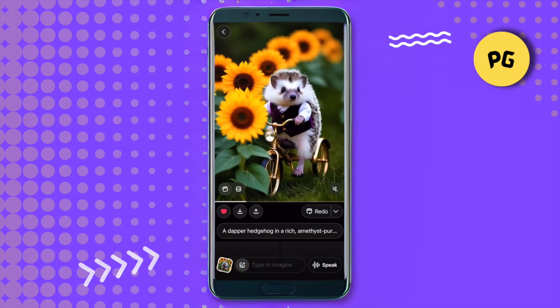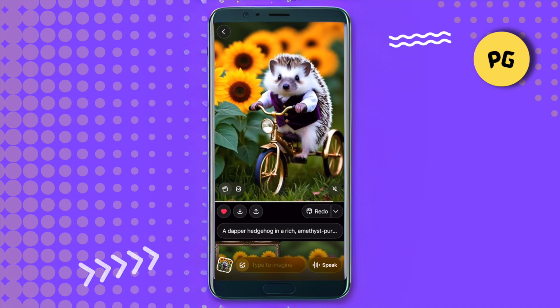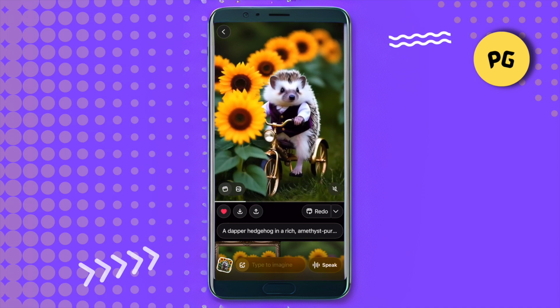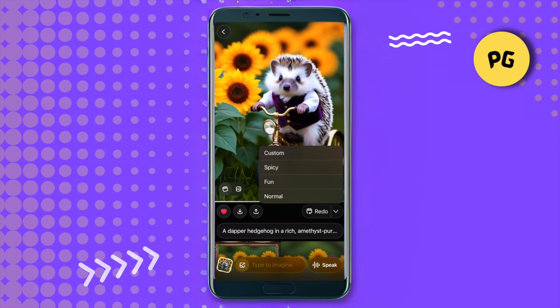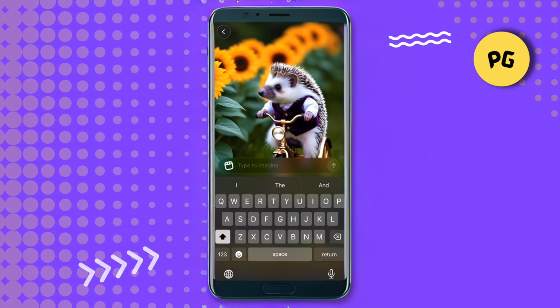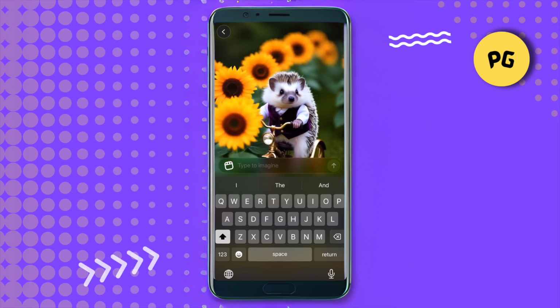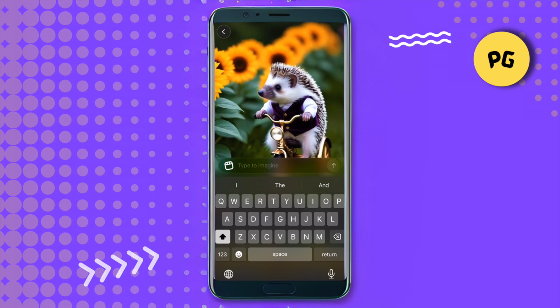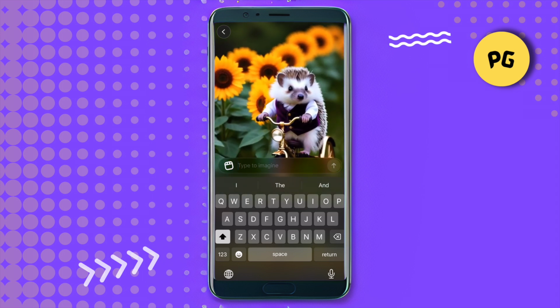Also, if you don't like the video which was automatically generated by the Grok AI, you can also customize your video by clicking on this option and then clicking on this option of custom. Here you get the option to provide a prompt or your imagination. Simply provide it and a new video will be generated according to your imagination, and this is how you do